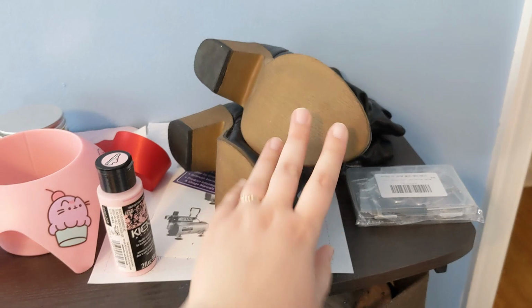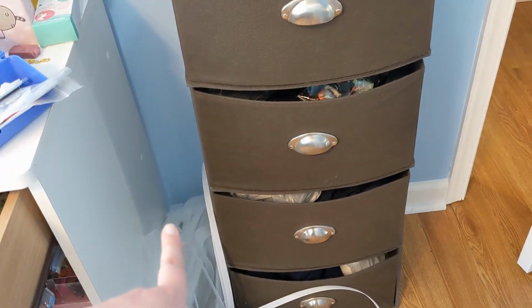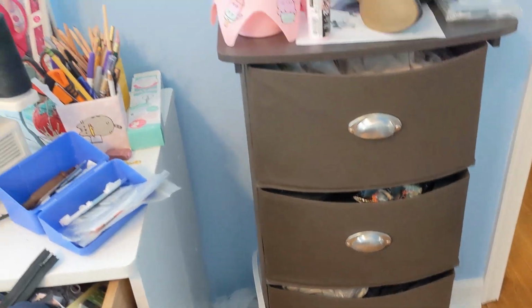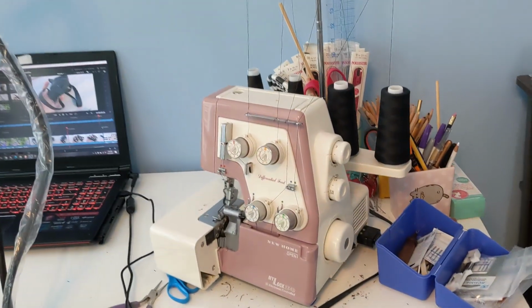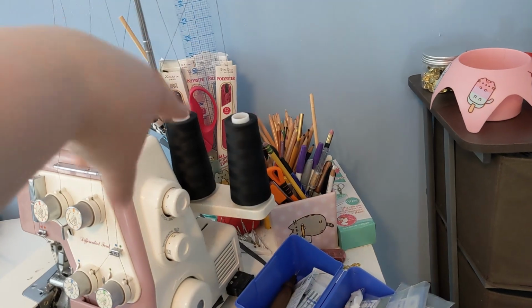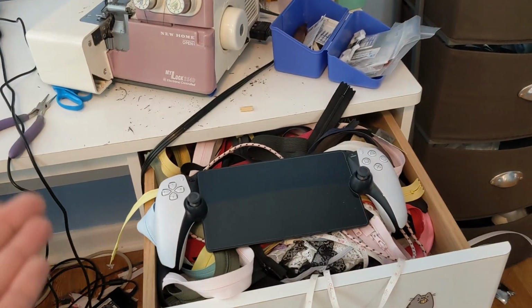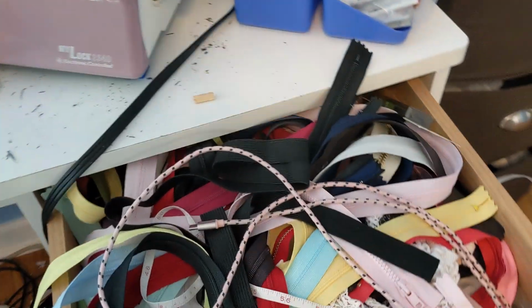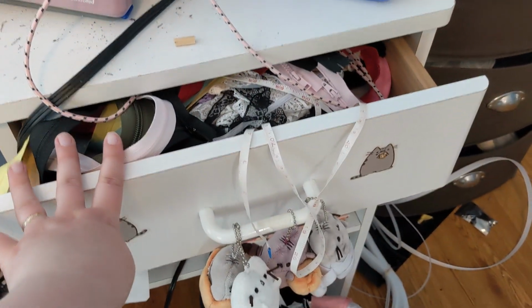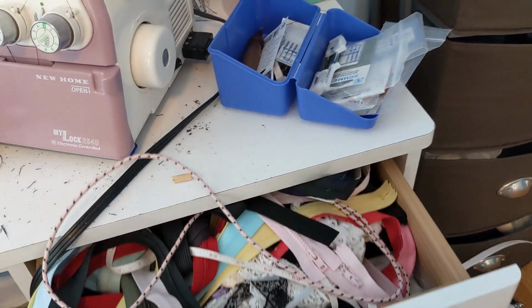So we have some shoes that I need to paint, and then have some more storage, various stuff in here. Have boning and horsehair braid. And here we have the serger and zippers, pinking shears, colored pencils, all that fun stuff. This drawer is full of zippers and elastic and whatnot. We have some Pusheens on it. Currently,